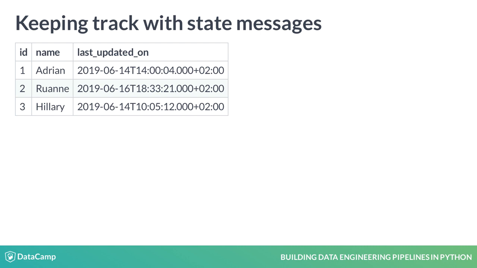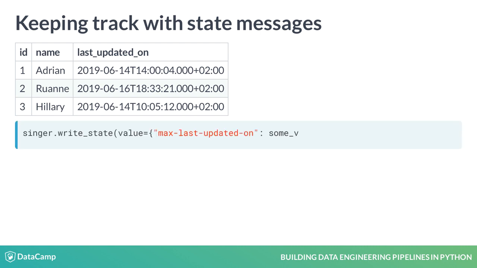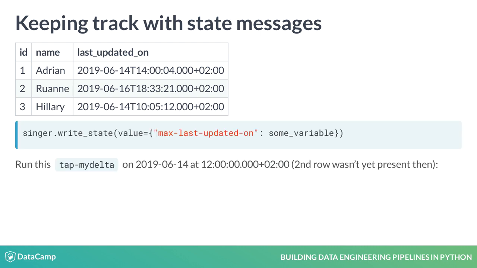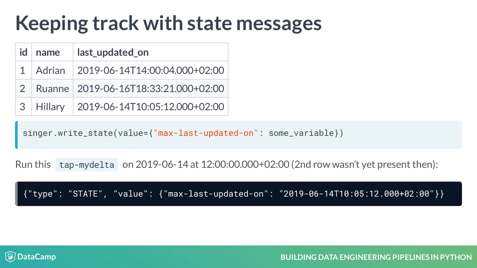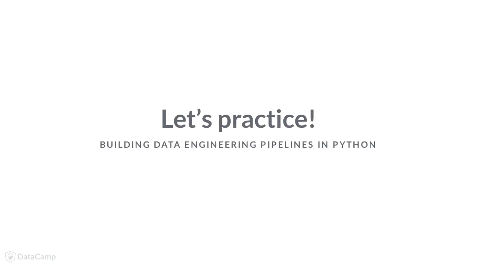You emit these state messages using the writeState function. The only required attribute is the value, which can be any JSON serializable object. The value field is free-form and only for use by the same tap. Let's write our own custom tap for ingesting data from a